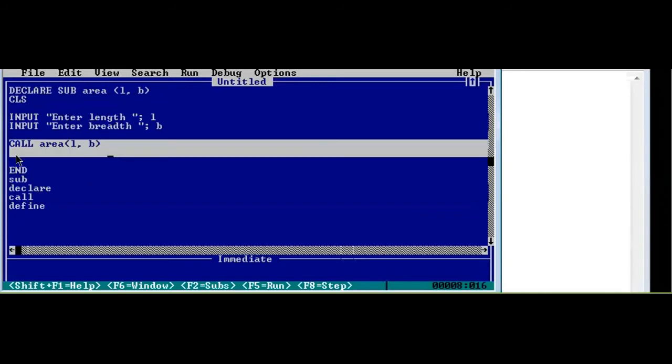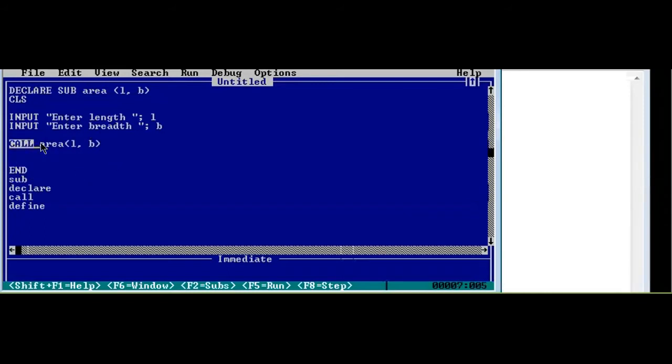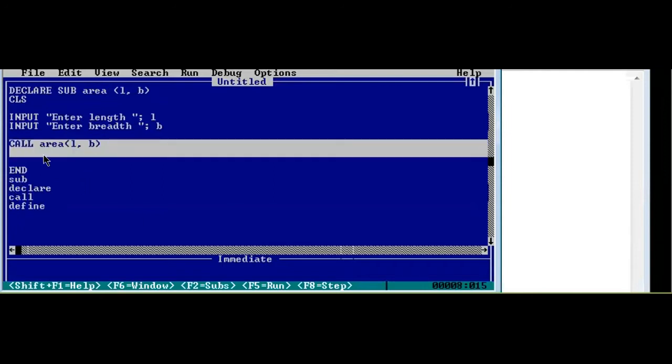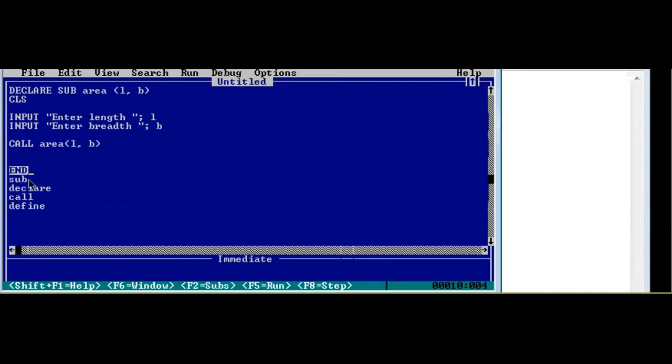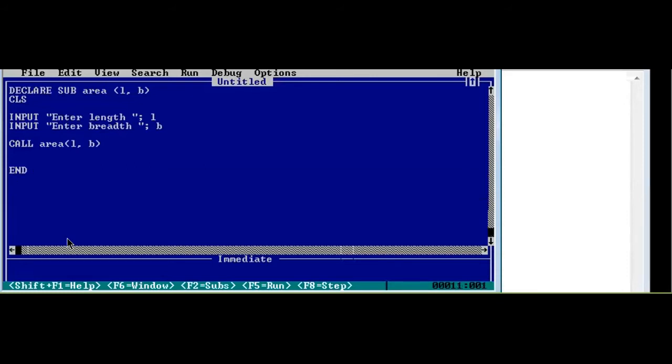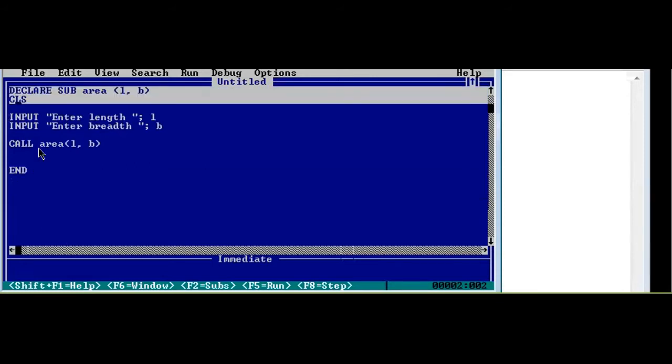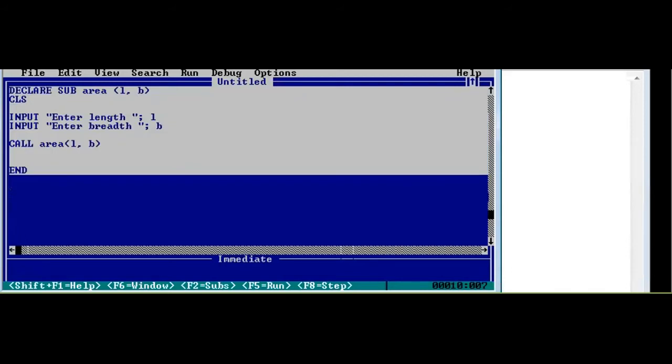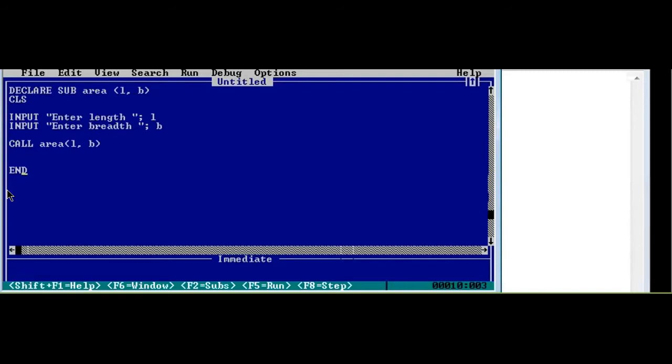And in order to call, we write the call keyword, and after writing the call keyword, we write the sub procedure name, and after that we write the values that need to be passed. Okay, and after we call, we end this main module, that is we write the end keyword. So from declare to end, this is known as the main module. In modular programming, there will be basically two modules. One is the main module, which we have already written, and another is the sub module, and that sub module is the definition. So if you remember, there are three things that I wrote: declare, call, and definition. Now the only thing left is the definition part.